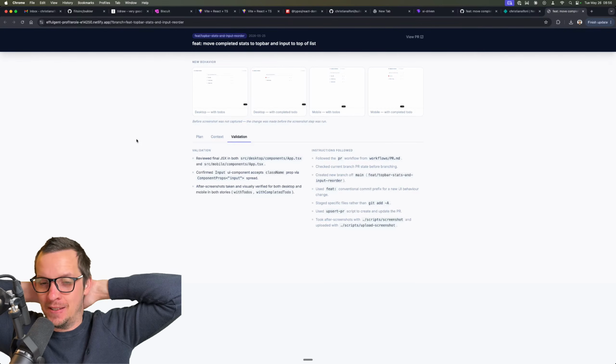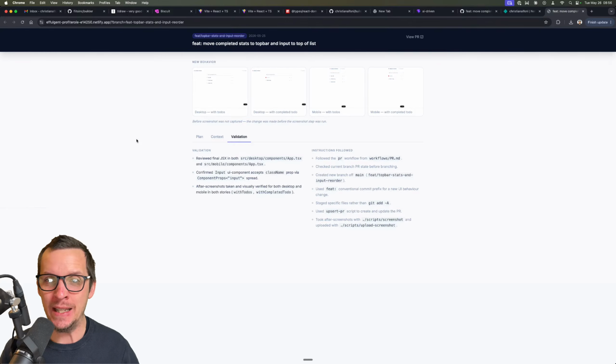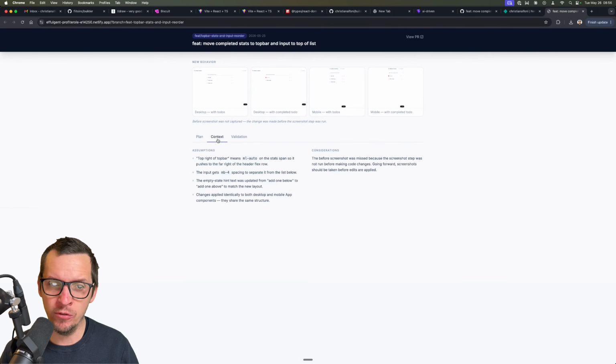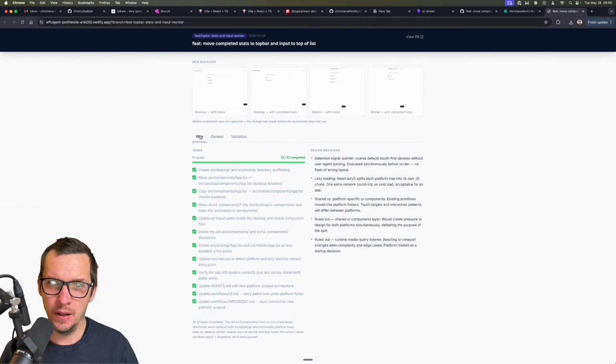I just have this real itch that we need something like this. There's a new way to review agent work, but I don't know what it looks like or how it should feel or even what should be in there. There's just something about it. And then it's really complex to make it work, because the way it works now is that it's hooked into the PR. So when it creates a PR, it goes and creates this thing.